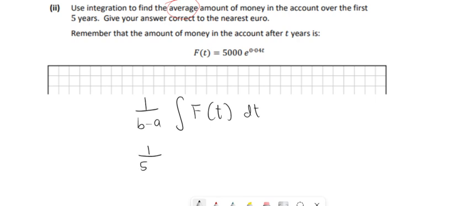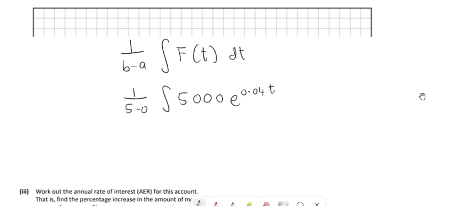So 1 over 5 minus 0, the integral of 5,000 e to the power of 0.04t. So now integration again, when you integrate e, it's going to be the same thing, but we have to divide by the differential of what's in the power, the opposite of what we did the first time. So 1 over 5, and then it'll be